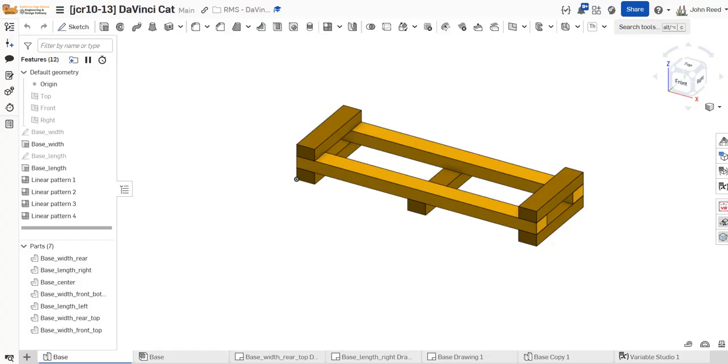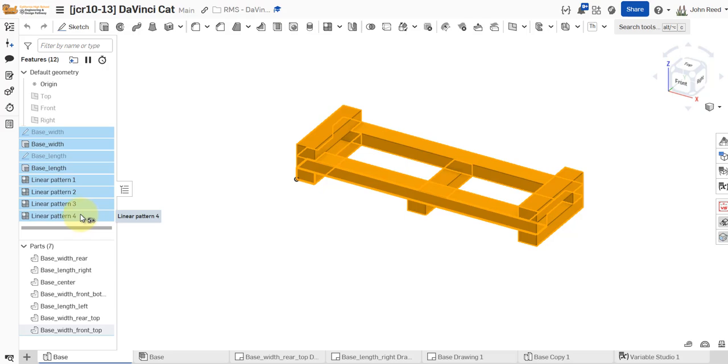designs get more complex. If you come over here to the feature list, if I click on the very first sketch we have of the design here, and then I come down to the very last thing in the feature list, which was that linear pattern, and I hit the shift key, so I shift select all this stuff. What I can do is either right click, create a folder, or I think I can come up here and